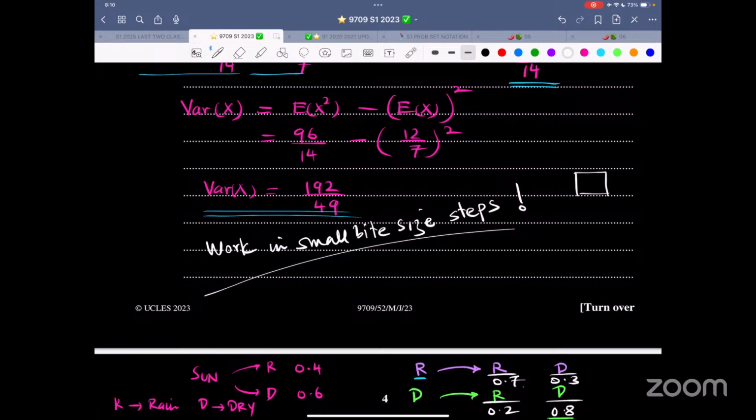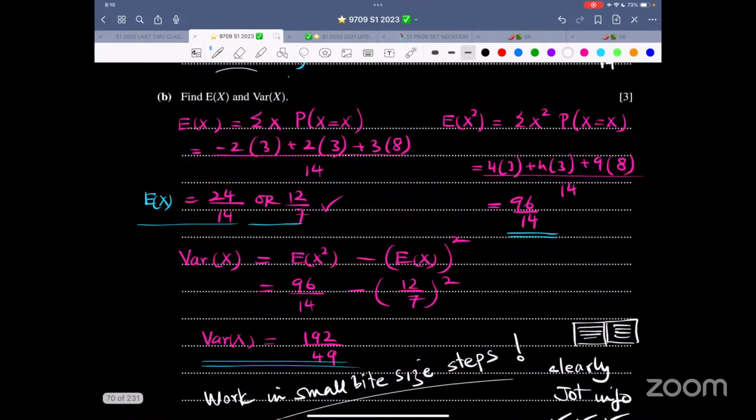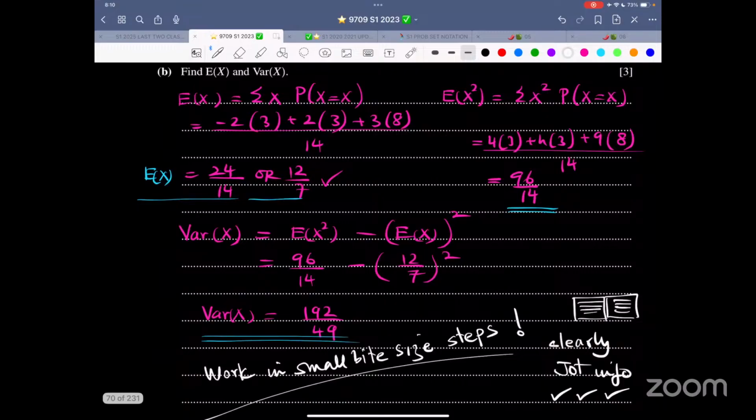The paper is already printed. You have all the spaces available. Just think very wisely. Think clearly. Write down the steps. Jot down the working. Jot down the info. And then work it out thoroughly. That's all you have to do. When you are doing some complicated calculation and you want to write everything in one step, that will cause a problem. So expectation of x separately, expectation of x squared separately, then variance of x. So now work in fractions, leave the answer as it is.